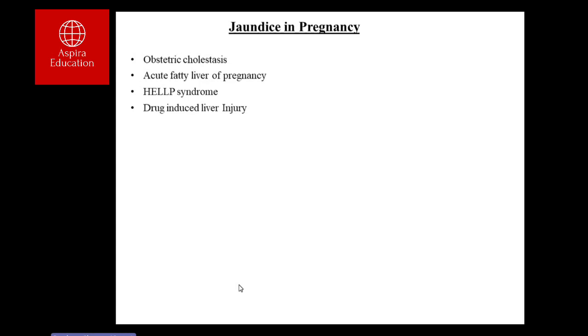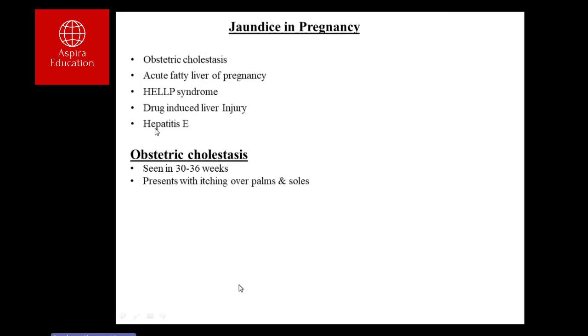Drug-induced liver injury is seen both in the general population as well as in pregnancy, and hepatitis E as well. So the pregnancy-specific causes are three: obstetric cholestasis, acute fatty liver of pregnancy, and HELLP syndrome, along with drug-induced liver injury and hepatitis E. Now, coming to obstetric cholestasis, it is seen at 30 to 36 weeks, usually presenting with